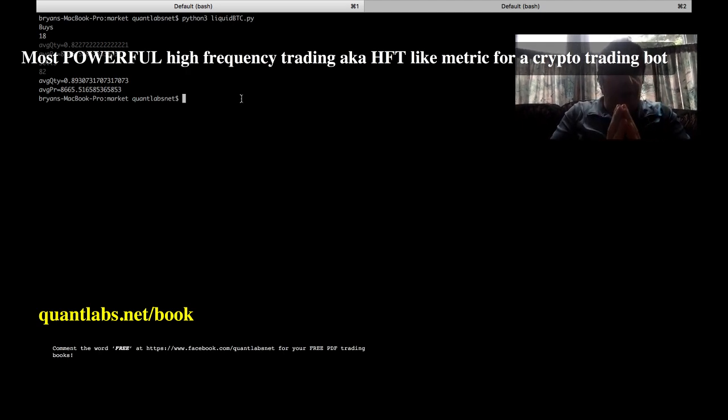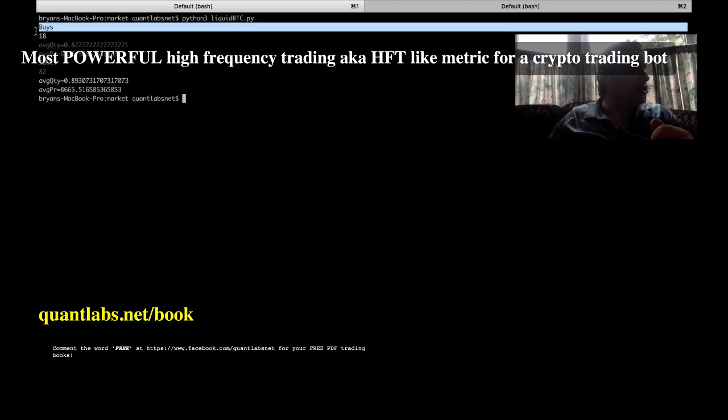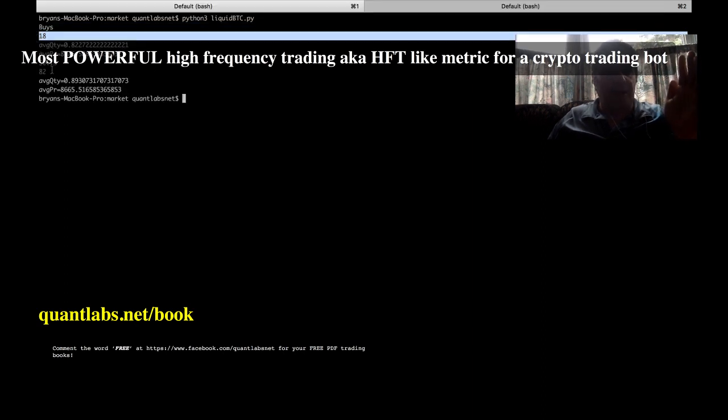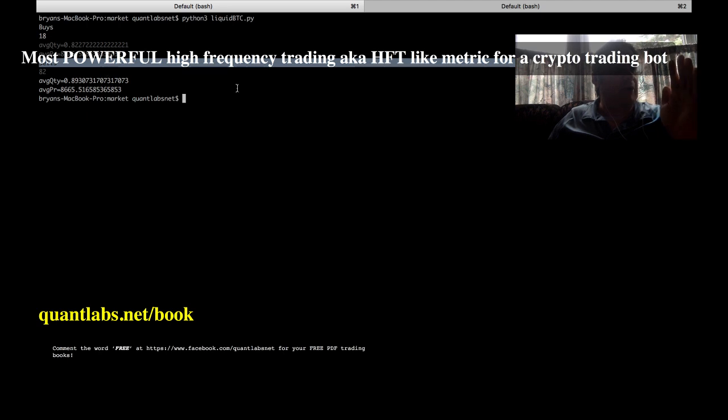You can go into spoofing, you can go into quote stuffing, but what you can see here is right off the exchange, the confirmed execution, confirmed orders on Binance. This is not quote stuffing. This is the real executed orders. So what we have here is the number of buys and the number of sells. So you can use this for market direction, as a snapshot of what's going on in the exchange live